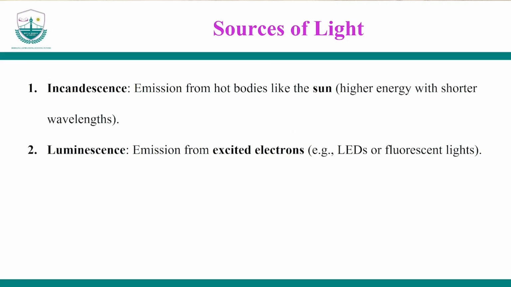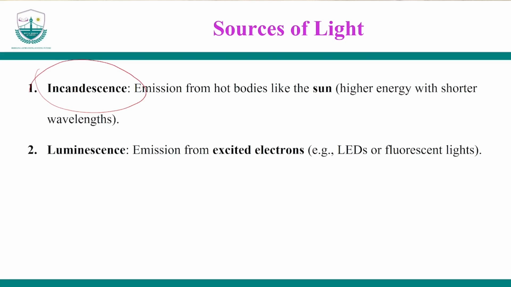So light comes from where? Light comes from the sun. How does the sun actually produce light? We have two ways here. What we are emphasizing here is that the sun is actually hot, okay? And since the sun is hot, it emits radiations, and those radiations that come and reach the earth, that process is what we call the